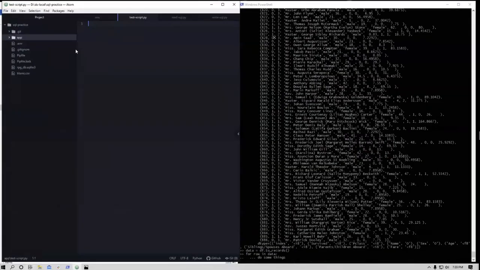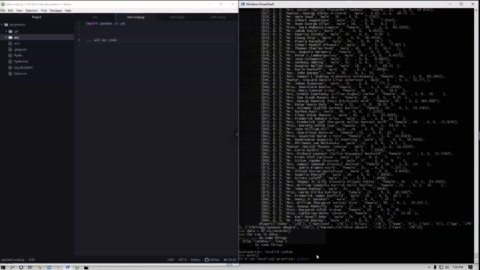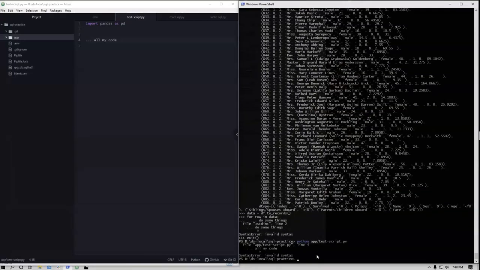And I don't point this out enough. If I was over here and I wanted to do all this, I'd have to make sure I go, okay, import pandas as pd, and then come down here, two enters because that's PEP8 compliant, and then all my code over here, and then save it, come back over here, exit, python, run it. Do you see the issue already? It's not economical. It's not fast, it's not efficient.